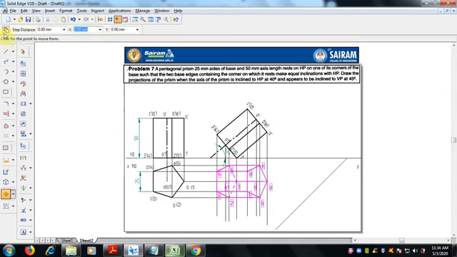Select this, and here the copy option should be on, and we have to move with the axis. The axis should lie here, so you can select the axis or the point A, whatever it is, and keep it on the inclined line.